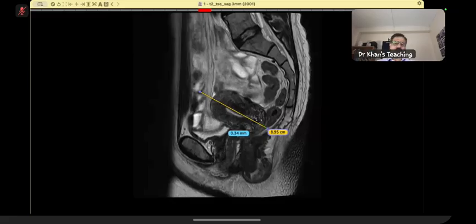So actually, we recalled the patient for that because they were asking, is it septate or arcuate, and in this axis, then you will see it very well. What I've told you right now is for your exam, but for your day-to-day practice, remember that. And then we did a